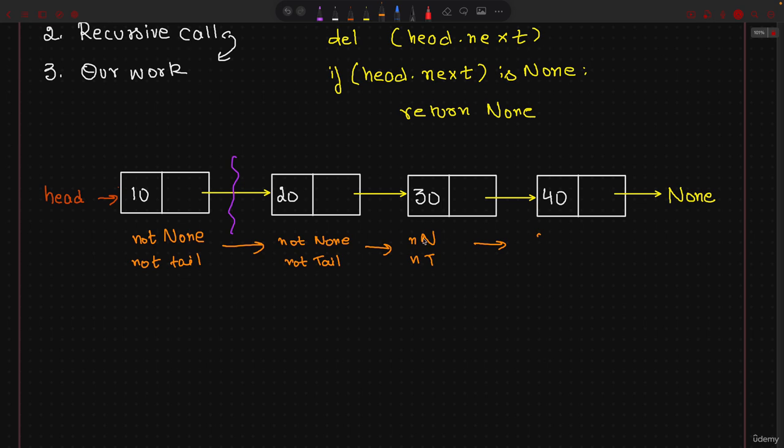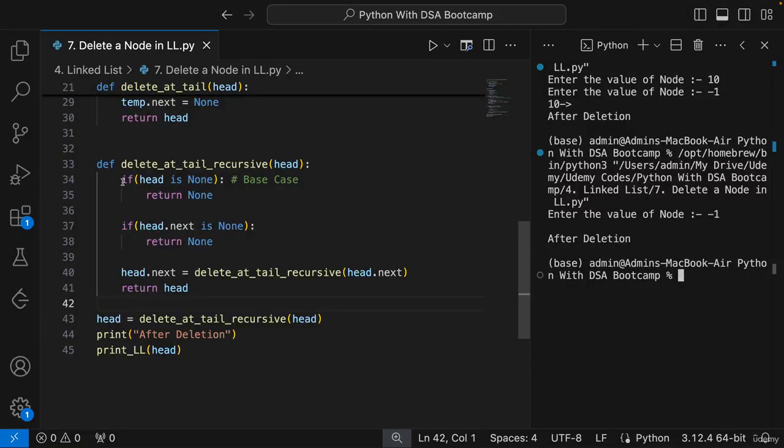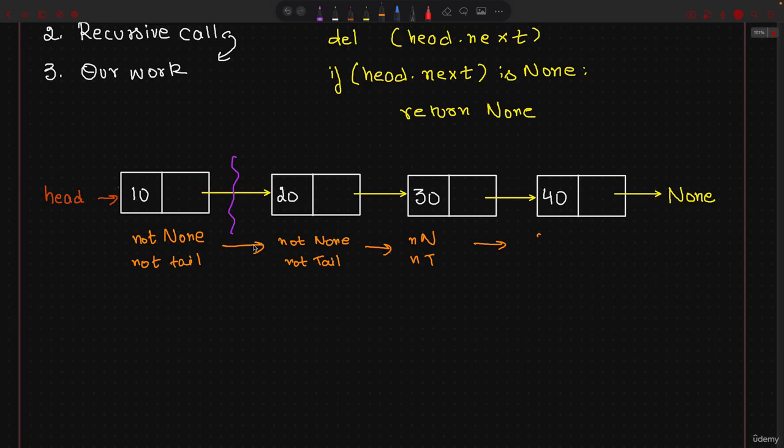So here, if you will see, I have just checked for these two conditions. Now, if this condition is not true, then we are just recursively calling for the leftover linked list. That is what we have done. So first we called for this linked list, then this particular function called for this linked list, and like this, right? Now, finally, when we reach the tail,